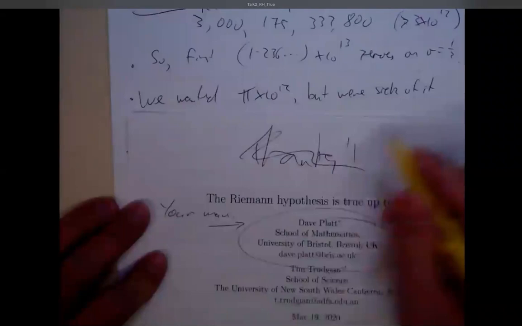We will make a first approximation. We'll take an interval and we'll see how many zeros we can find in one go. So we'll put down a whole bunch of sampling points. We'll measure this completed zeta function here and here and here and here and here. And we'll look for sign changes. And we'll hope that we're putting them down sufficiently frequently and in a sufficiently clever location that on doing that, giving an interval, putting down these points, measuring, and using the intermediate value theorem, we hope that that will capture roughly the right number of zeros.